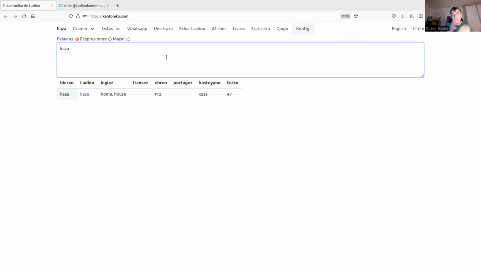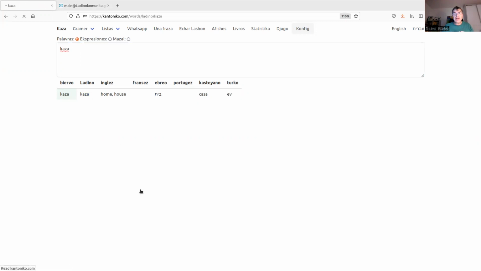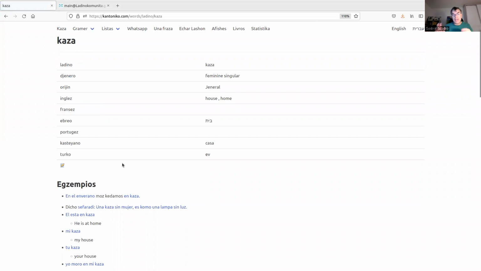So you can type in words, and casa is a good word because it has a lot of use. It's a very common word. So you can see that the dictionary found the word and the translation. You can also notice that in the Ladino column, you will have the word with a link, and you can click on the link, and then you will see another page where you have more details about